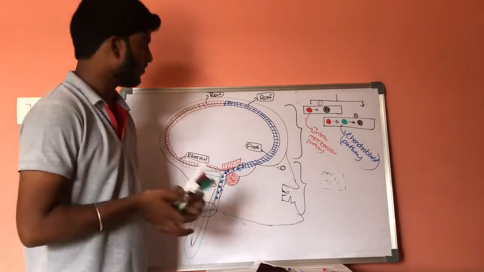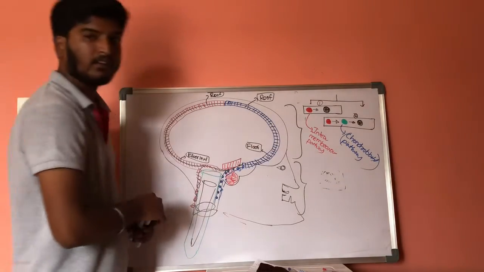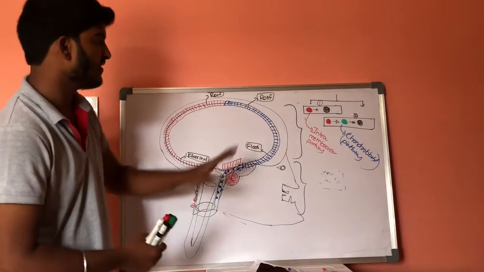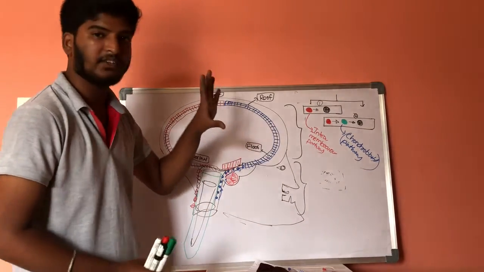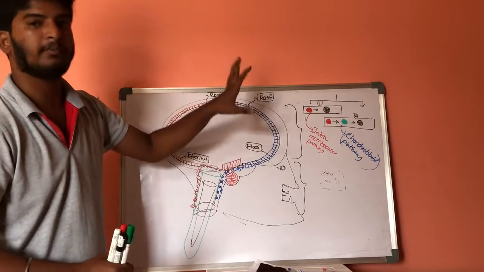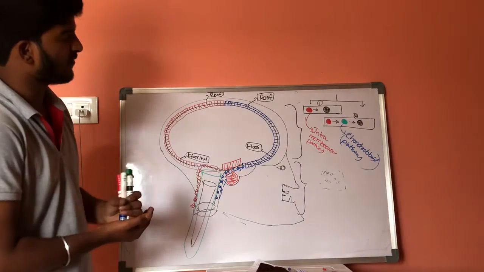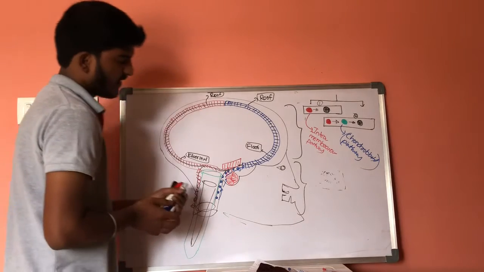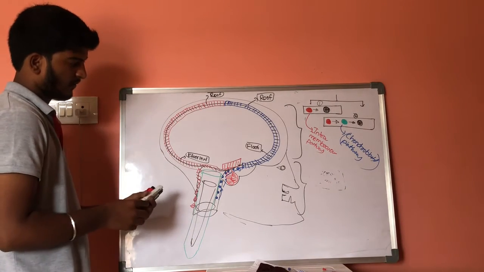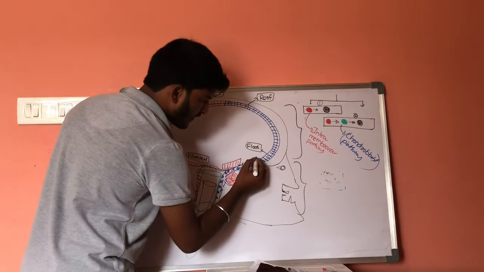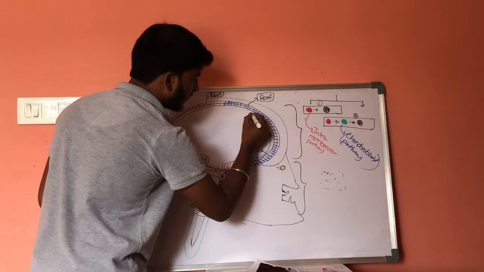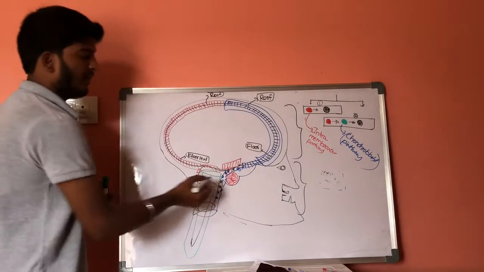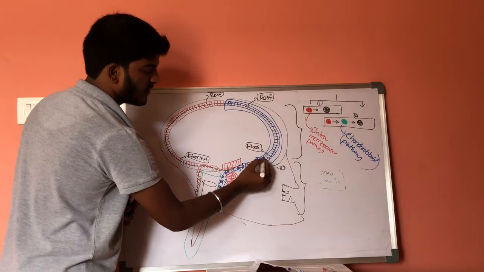Now, as I told, this telencephalon, which is developed from the neural crest cells and occipital somatomeres, is in mesenchymal form, that is fibrous connective tissue. Now, this fibrous connective tissue should be converted into bony form. How will it be formed? Let us consider from this part to this part.